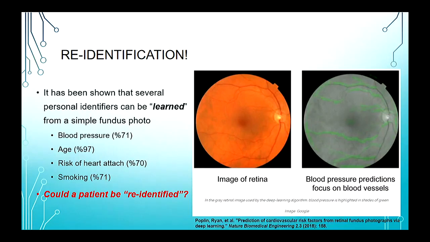These images are supposed to be de-identified. The computer should not know who the patient really is. Only the clinician, the human, should know. But given that AI can now figure out all of these from a single photo, couldn't it then be traced back to a single person or a very small group of people? What are the ethical implications of that? Right now, different jurisdictions are looking at whether re-identification is going to be an ethical issue.